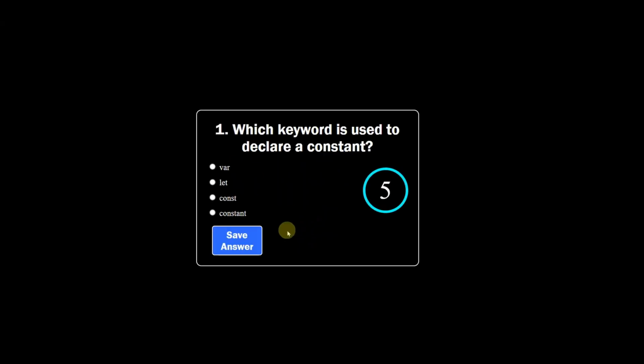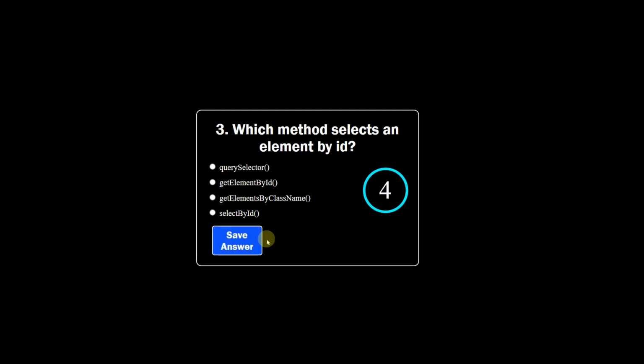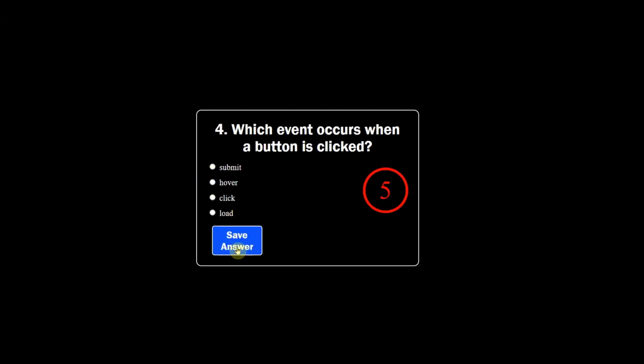As soon as the user clicks the start button, the landing page disappears and the quiz card becomes visible. At the same time, a countdown timer starts running. Each question contains four multiple choice options and the user has 5 seconds to answer it. One interesting feature is that when the timer reaches 0, its color changes to red, giving a visual indication that